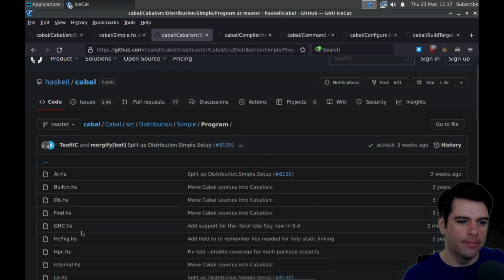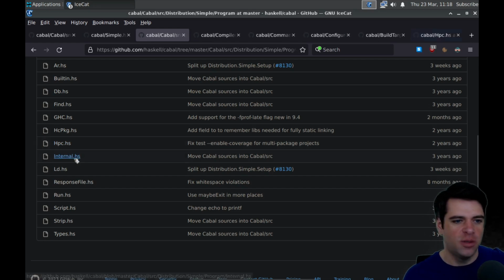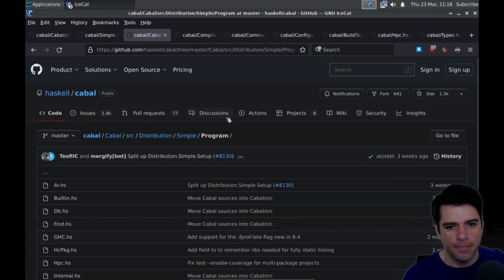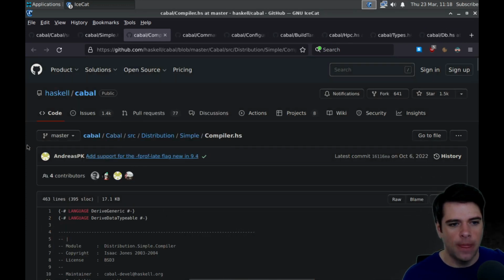What's Program? Built-in, Run, Response File, LD, Script, Strip, Types. R is presumably archive. LD is presumably linker. HPC, that could be high performance computing, but I'm going to guess it's not. Look at Types. And DB, which I think is going to be a database of package info.